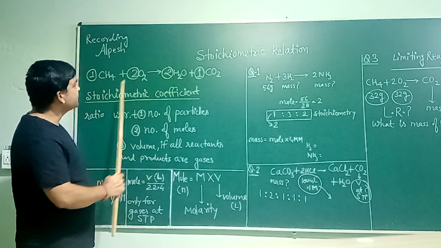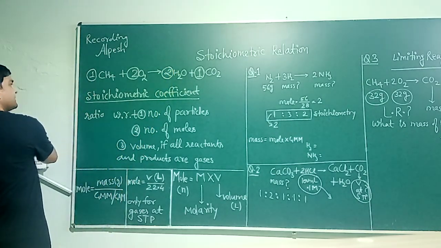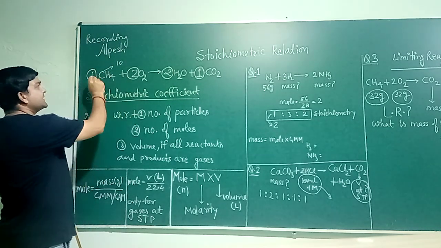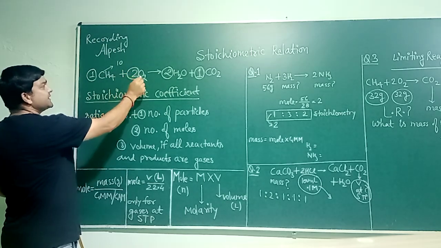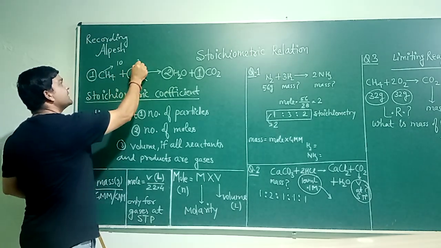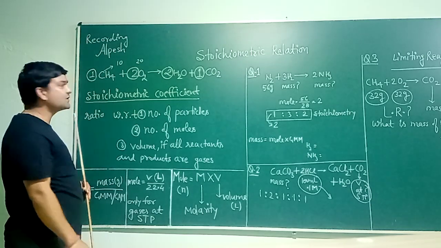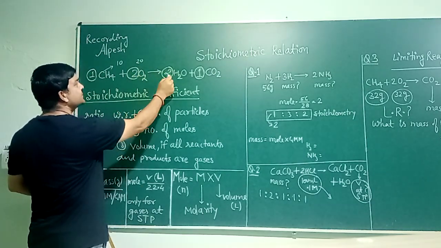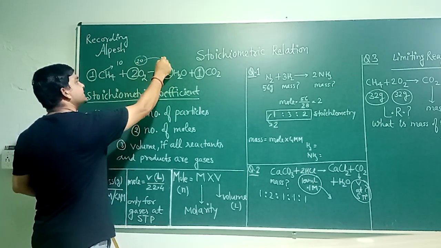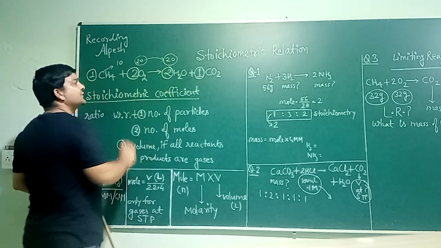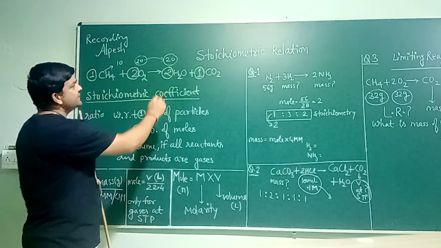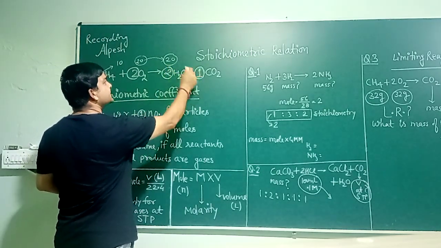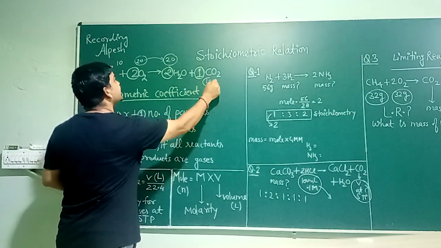So these are very important for us. Look at this example. If we take 10 moles of this, then as per ratio 1:2, it means it requires just double in amount. So we require 20 moles of oxygen. Here the ratio between oxygen and water is the same, it is 2:2. So if it is 20, then 20 moles of water will also be formed. And here the ratio is 2:1, which means it is just half carbon dioxide. So carbon dioxide will be 10 moles.